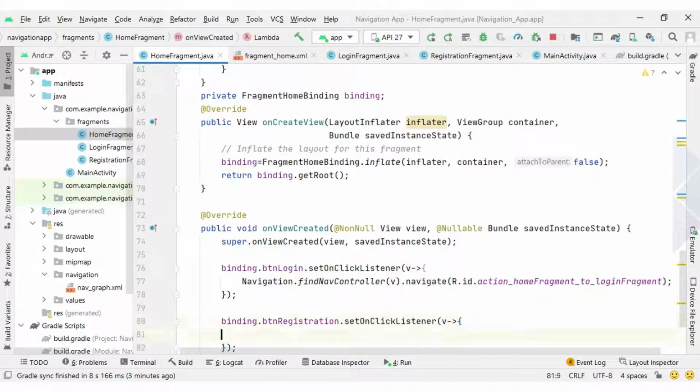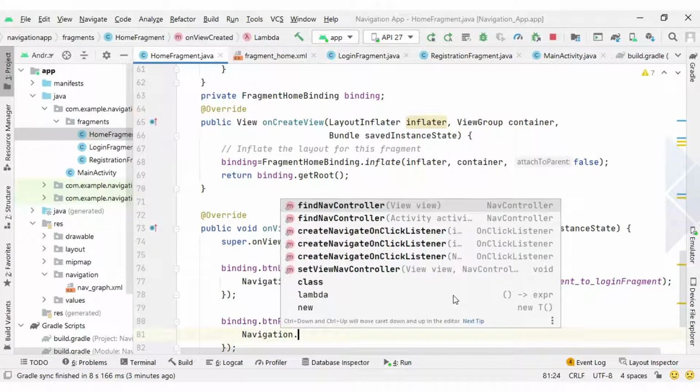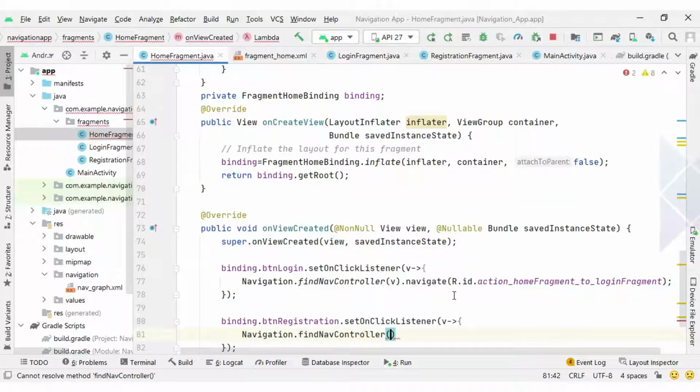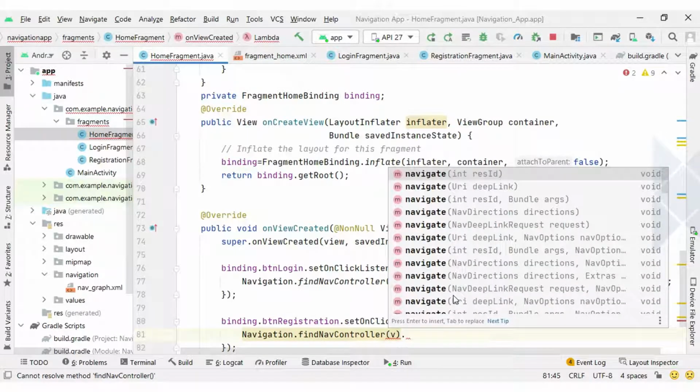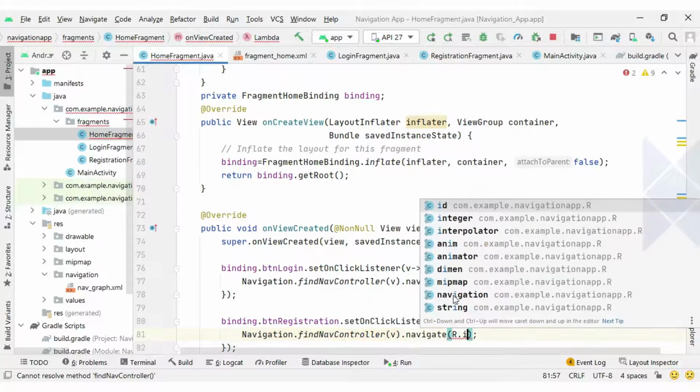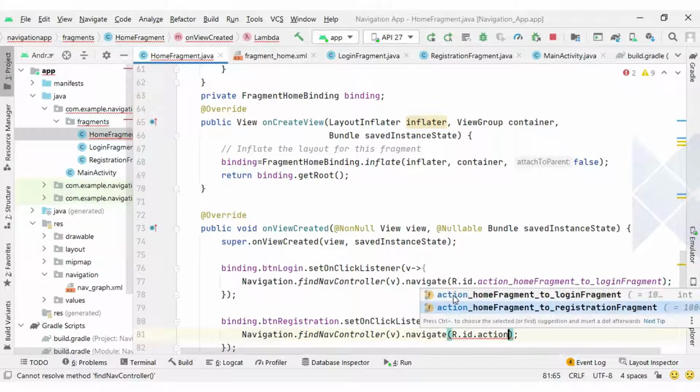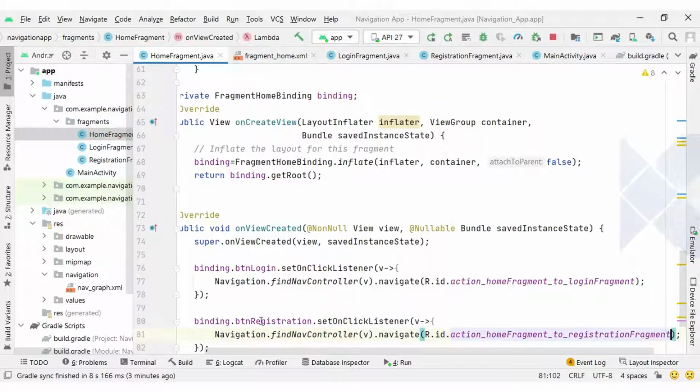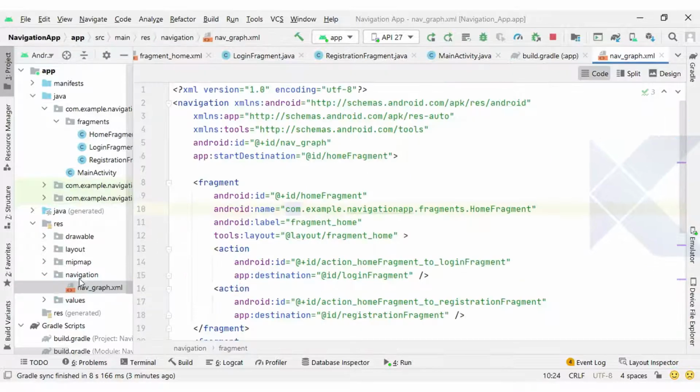Similarly, if you want to redirect to the registration fragment, then you can type Navigation.findNavController(v).navigate(R.id.action_homeFragment_to_registrationFragment). This action id you can also find inside your navigation XML file.